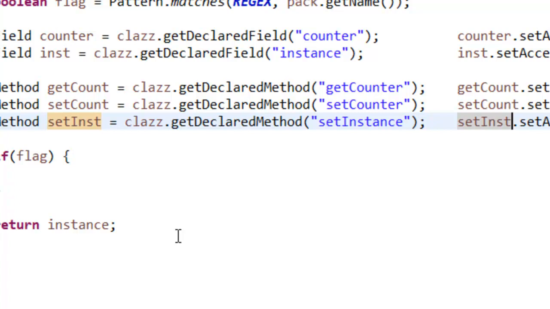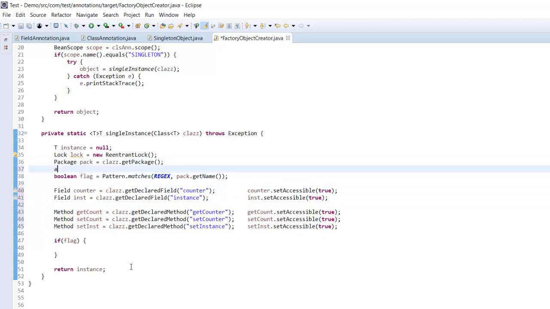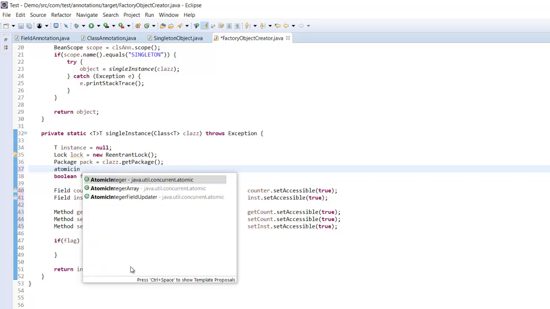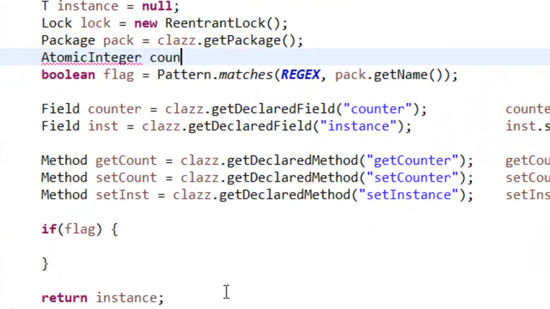Now what I have created, let's check. Lock created, package got, and this pattern matching is done. Fields we have got, which are the counter and instance, and now we should be having two more variables. These variables are atomic integer count equals null,